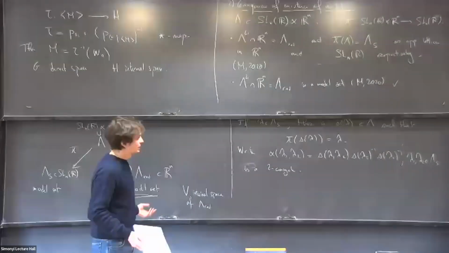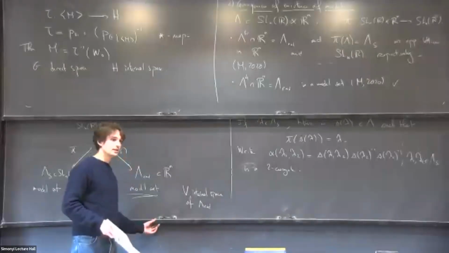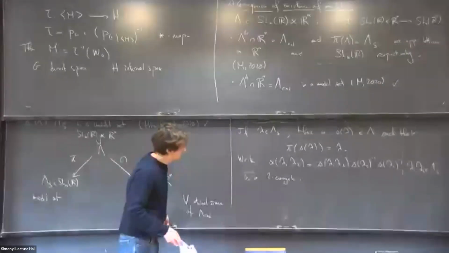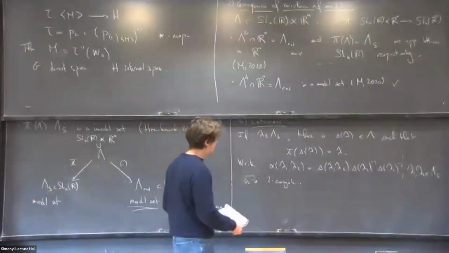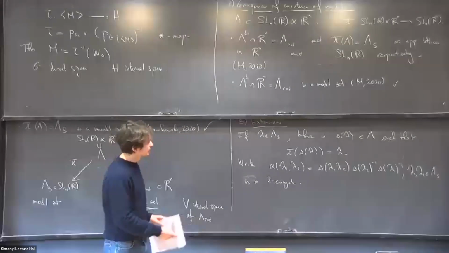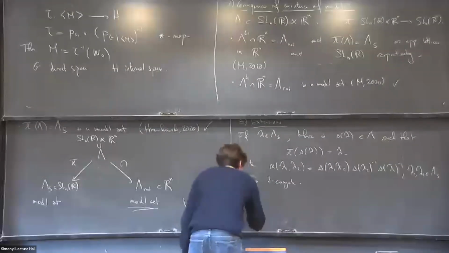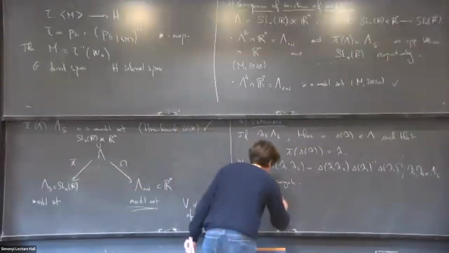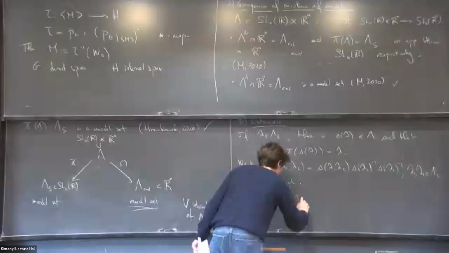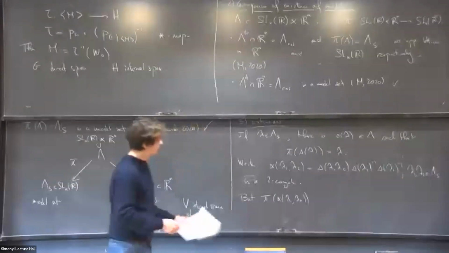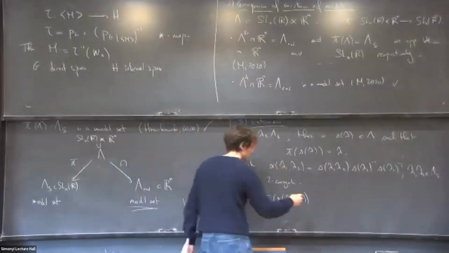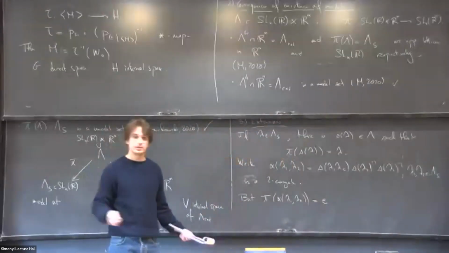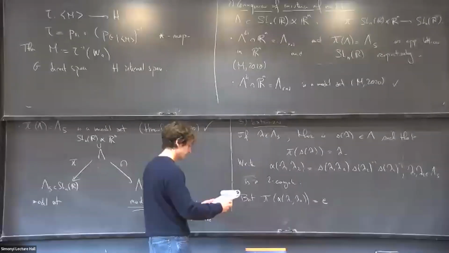Okay, so 2 cocycle, but it's very abstractly defined. It's not clear that it's tractable. You don't really know what you can do with it. And that's where some magic appears. And what you can do is that now if I just take the projection of alpha to this SLNR, I just know that this is always equal to the identity just by the definition of it. Okay, so this implies